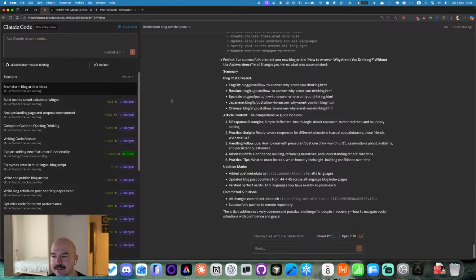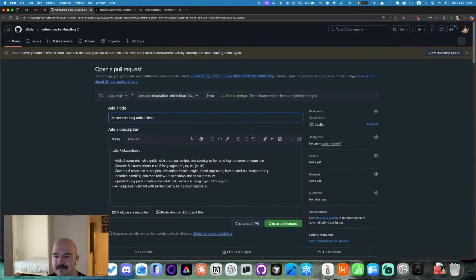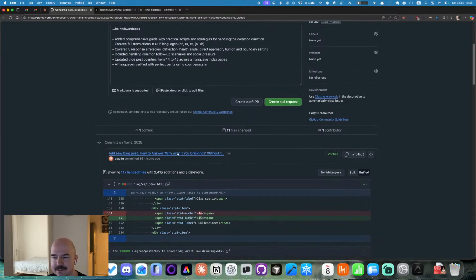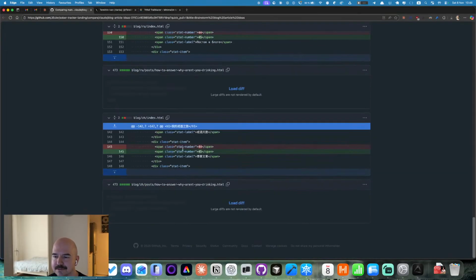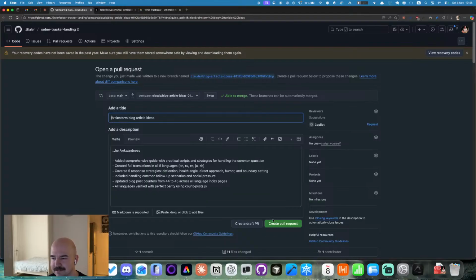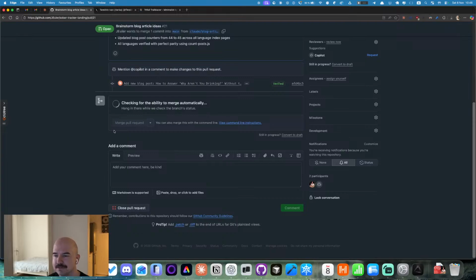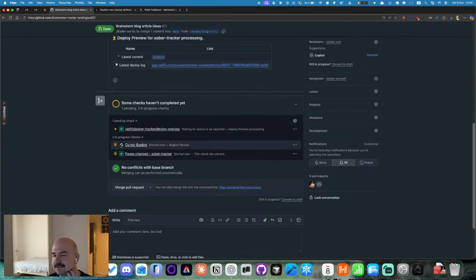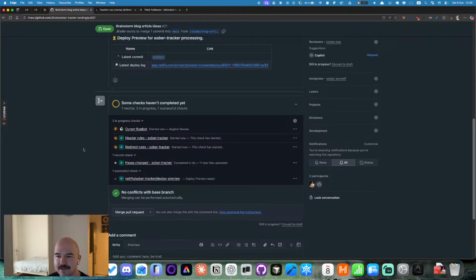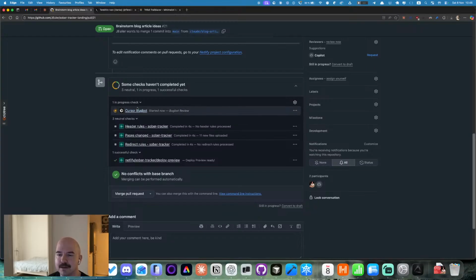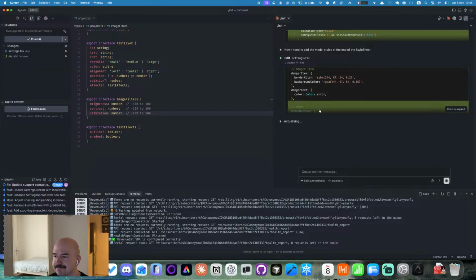By the way, let's see the web version of the cloud. I have added something here, like a new blog post about sobriety. Let's create the pull request here and just merge it, because I have already set up the template, etc. The blog posts are working just fine. Bug bot, I don't need it, I don't know. Anyway,